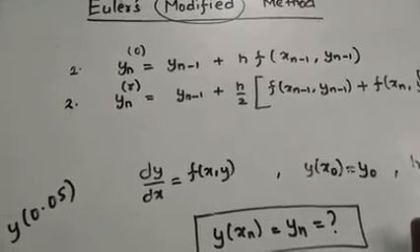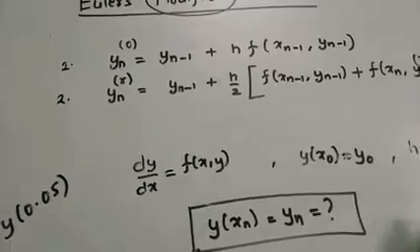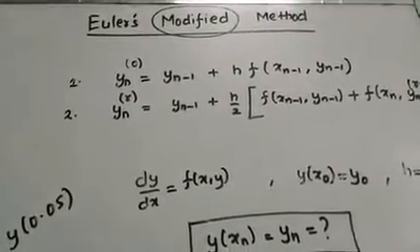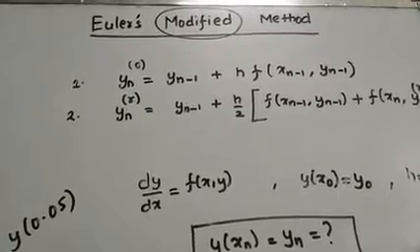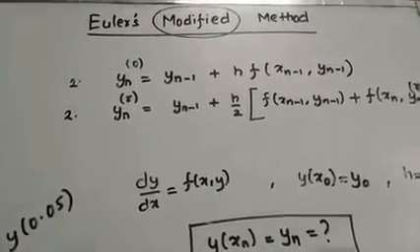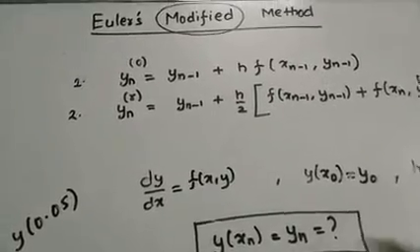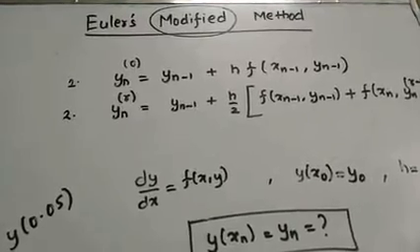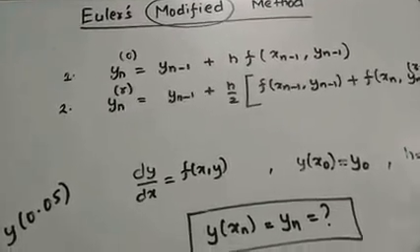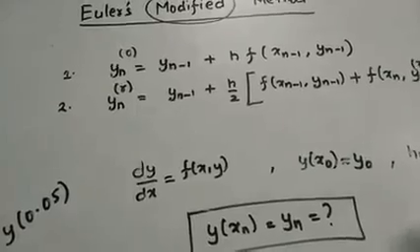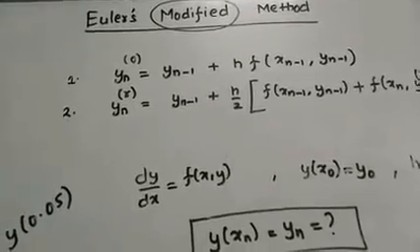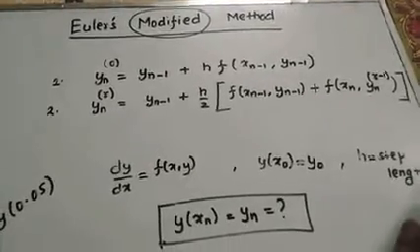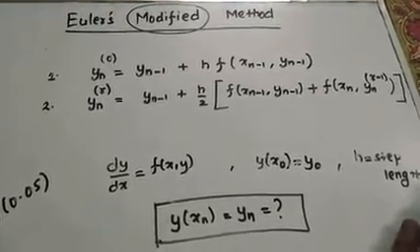In the previous Euler method, for a given point we simply find y by using formula number 1. But here, first of all we have to find the initial value by using formula number 1, and then by using formula number 2 we have to find the modified value. You will get to know everything clearly when we start solving some numericals using these two formulas. So just note down these formulas, we will use them.